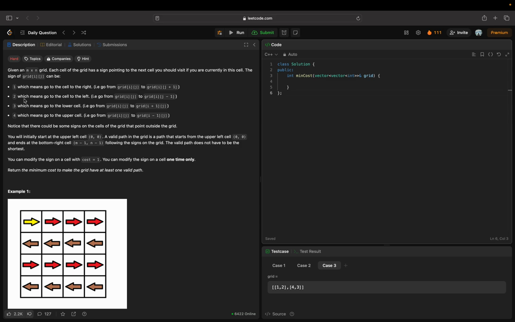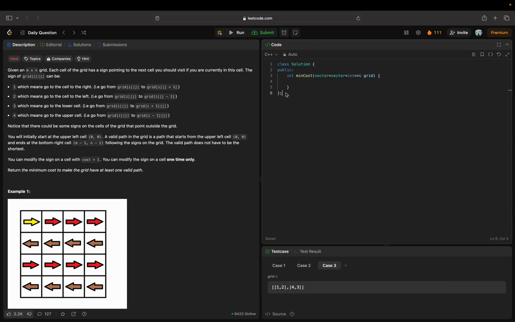That direction may be correct or wrong. In what sense? It can even go out of bounds of the grid, and it might not be the right path to go from 0,0 to n-1,m-1. So 1 means you can move right, 2 means you can move left, then 3 means you can go down, and 4 means you can go up. So the thing that you can do is,